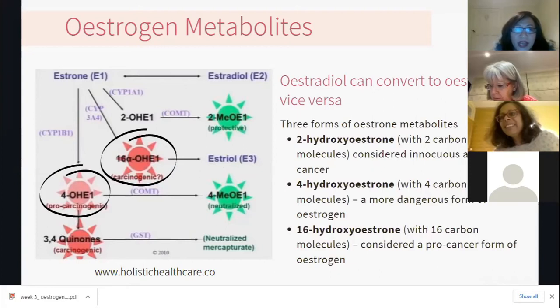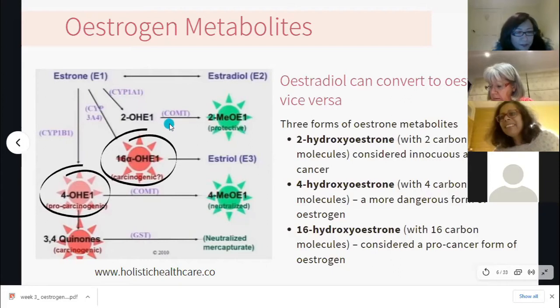but the body has to be able to convert it down. And if you look at some of these enzymes, this is a very, very simple diagram, and I have got another JPEG, which is much more in depth. But if you look at some of the enzymes involved in this pathway, these are cytochrome P450 enzymes. So CYP are cytochrome enzymes. They're families of enzymes that live in the liver, and they're responsible for your liver detox pathways. You've got COMT as well.